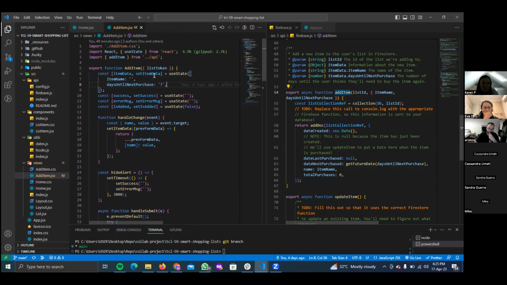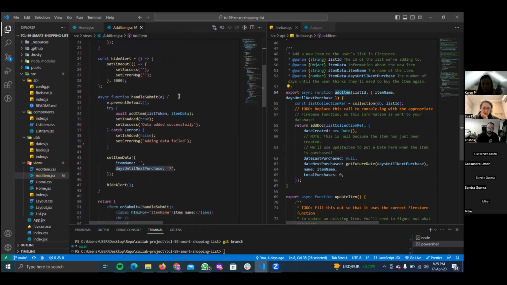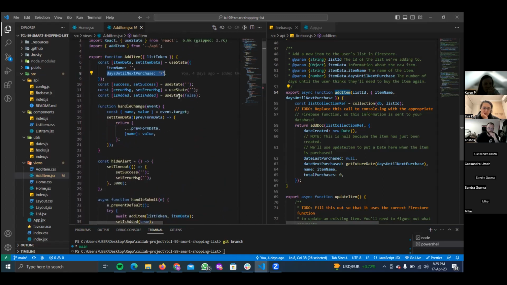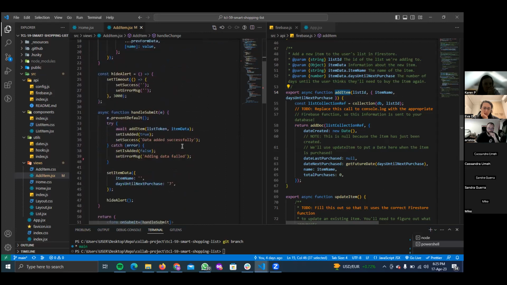We created an object inside one useState for the name and then for the days until next purchase. So inside the handle change here, we destructured the name and the value.